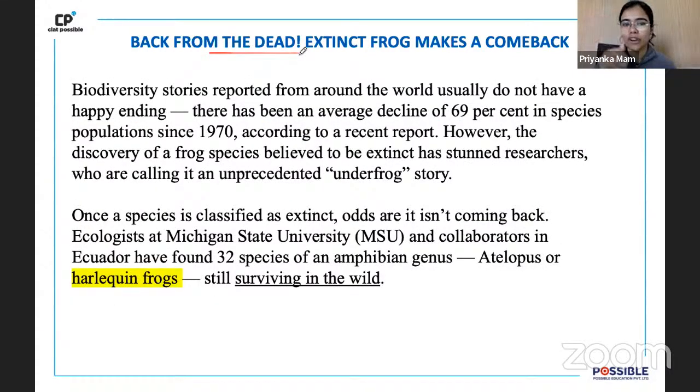Then, "is back from the dead." I'm not going to read all of this, but apparently this particular frog, Harlequin frog, was considered to be extinct और अभी वो वापस आ गया. तो ये वाला आर्टिकल था back from the dead. So कोई ऐसे क्वेश्चन आ गया, which is the frog species which was considered to be extinct but is now found. ये कोस्टारिका वगैरह में इसके species मिलते हैं. So Harlequin is the one that was considered to be extinct, it's a frog, and now it is apparently back from the dead. Okay.